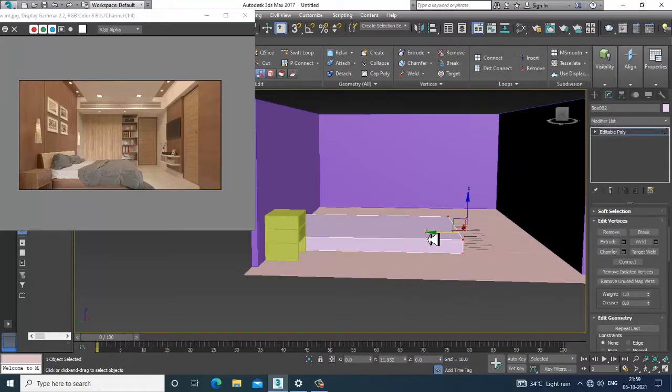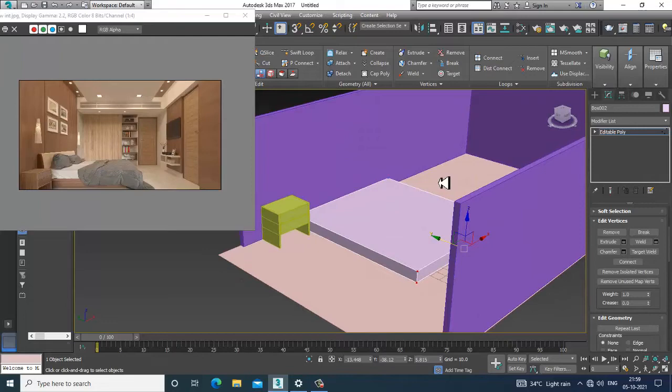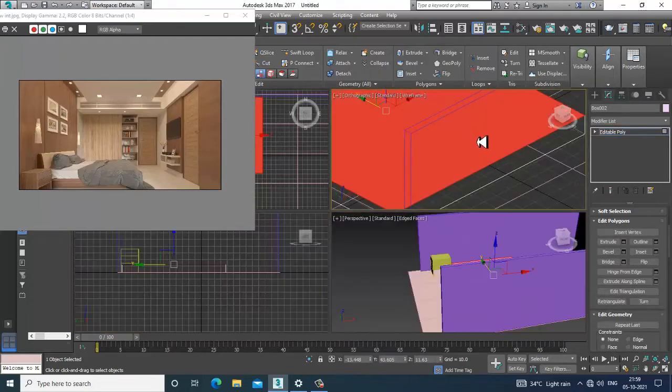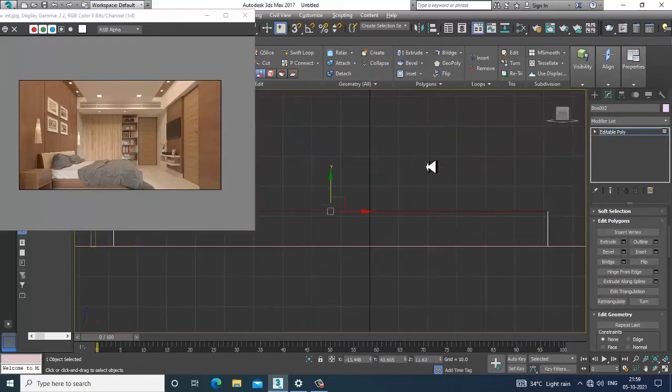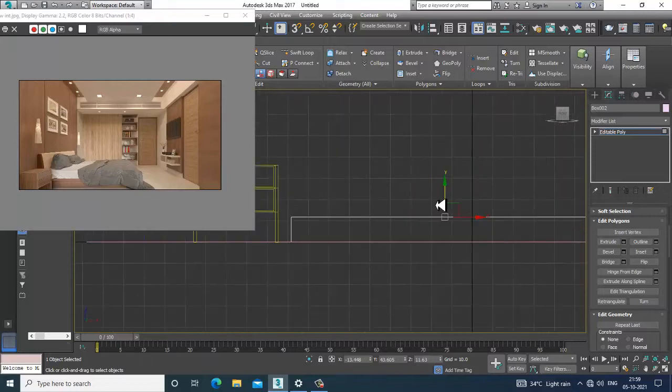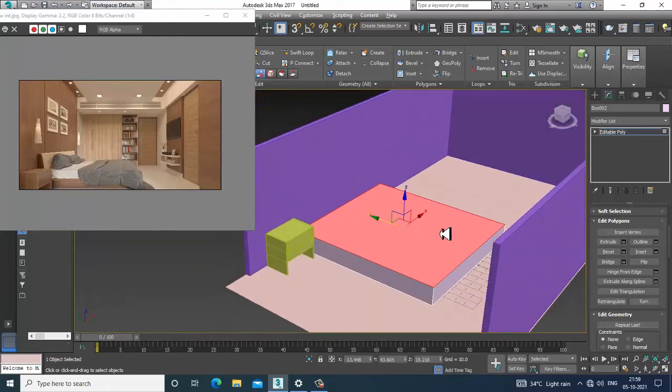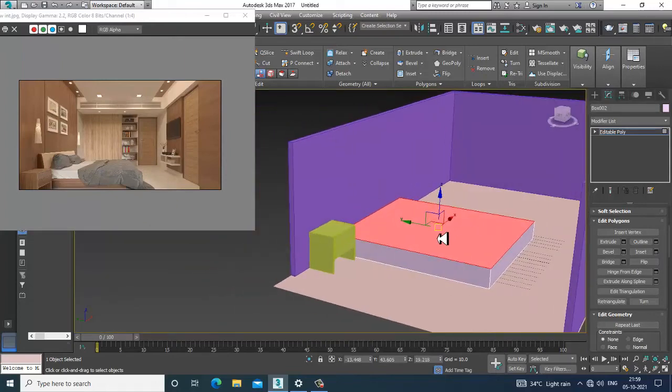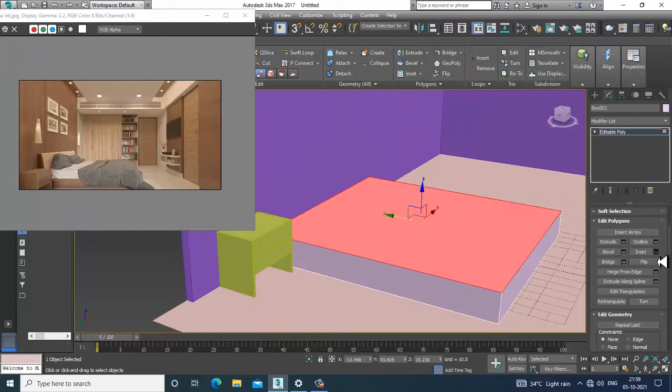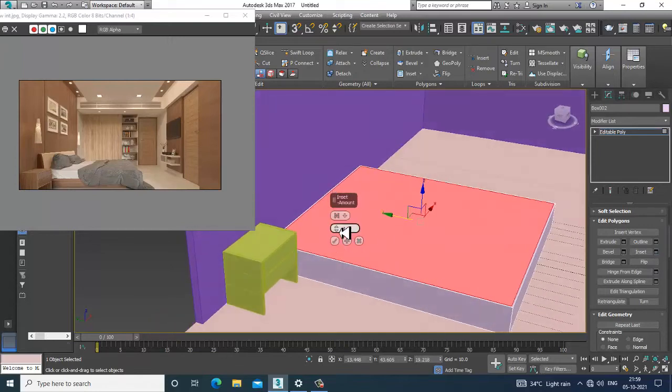Let's go into the polygon. We'll slightly shuffle this up till here. Inset, let's slightly inset this, and let's click OK. Give a bit of bevel.